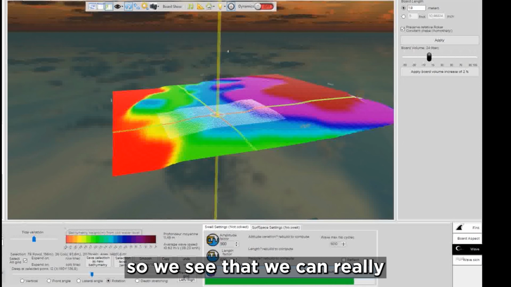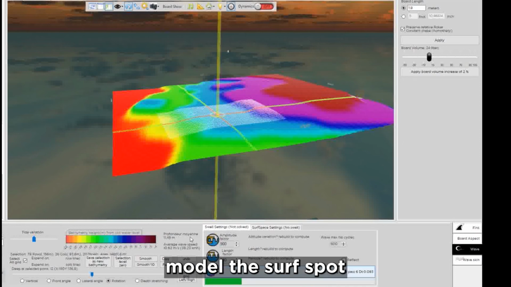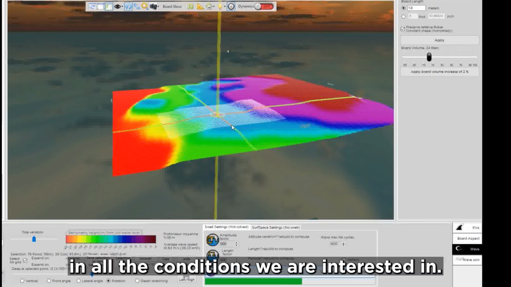So we see that we can really model the surf spot in all the conditions we are interested in.